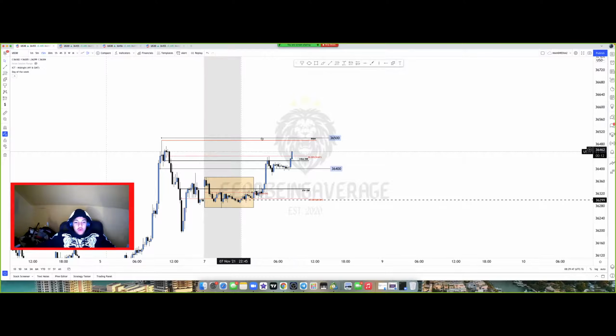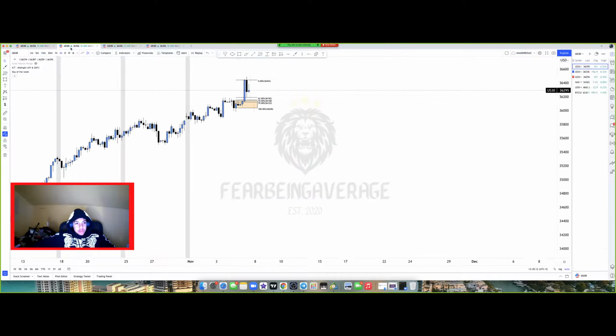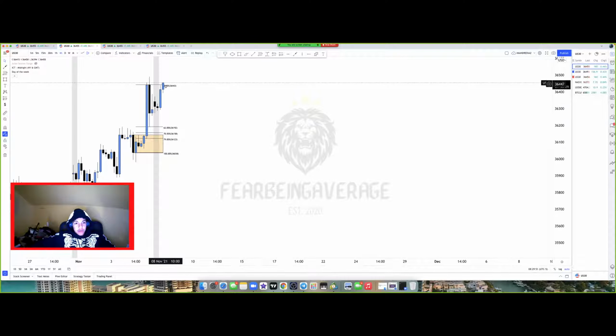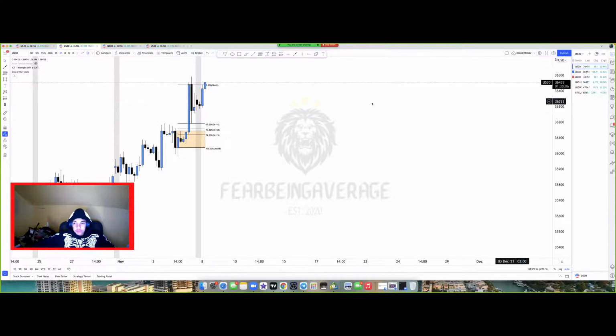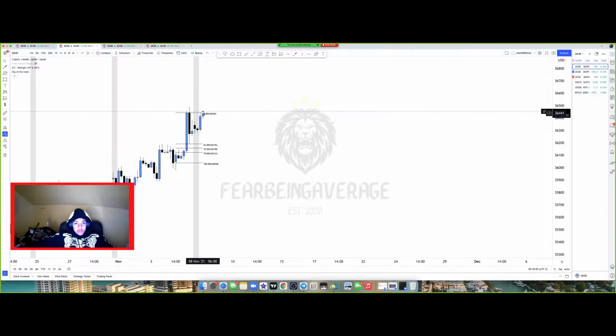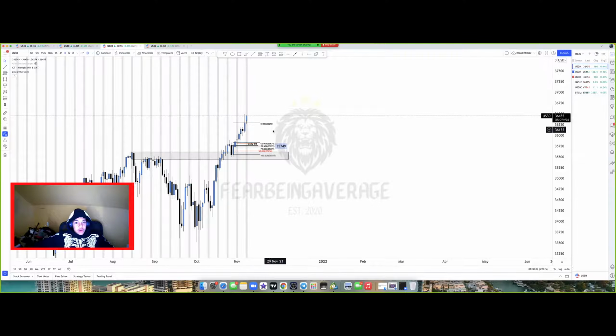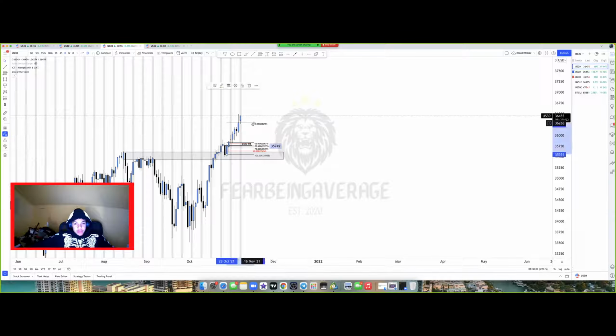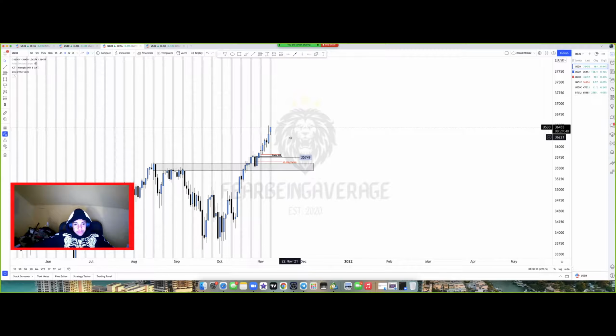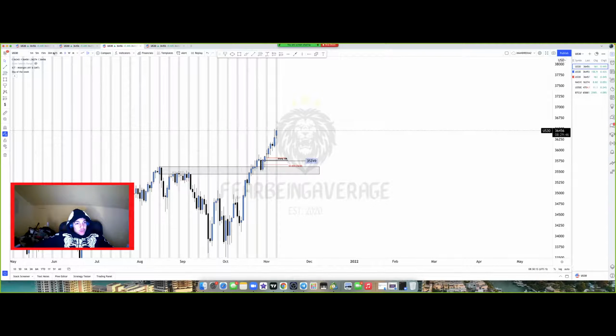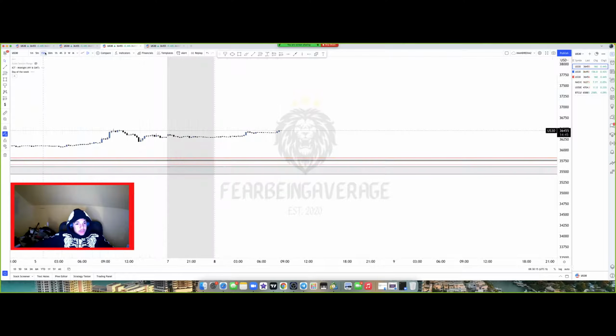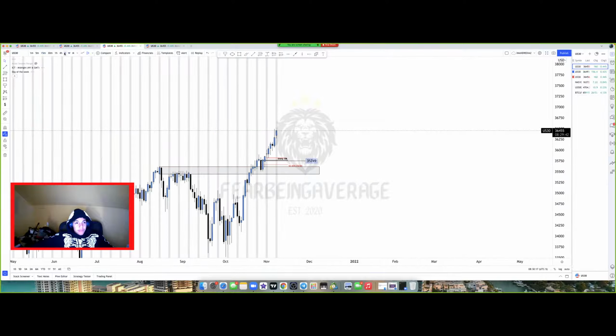Usually I do my markups on the 15-minute, but I do analyze everything based on higher time frames. So I have this 4-hour markup with this order block. So that was the area I'm looking for possible retracements to. But as you can see right now, price is just kind of trading higher and higher. So we just gotta wait. Same thing with this daily. It's just pushing and pushing. So we just gotta wait for it to show a sign of wanting to have a retracement. Because if it doesn't, then it could easily just continue higher and just leave without us.